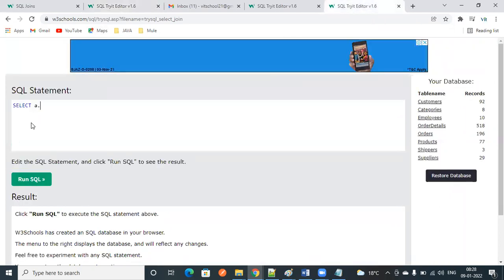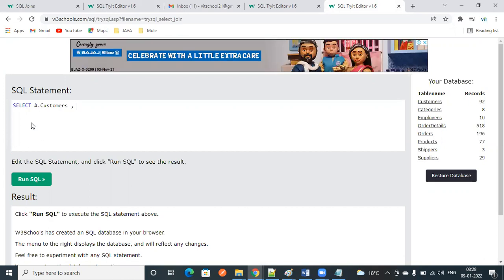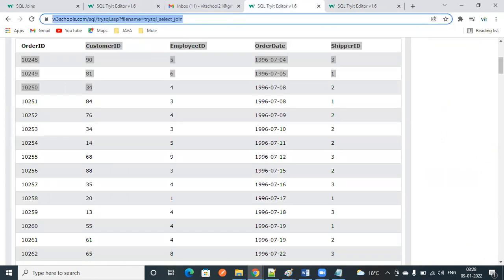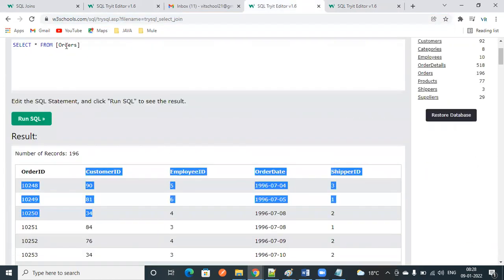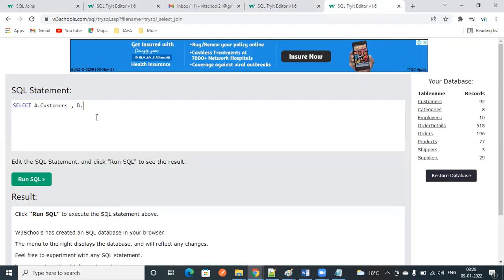I'm going to keep A for the first table and B for the second, the orders table. So A dot star, I want all the columns, comma B dot star.